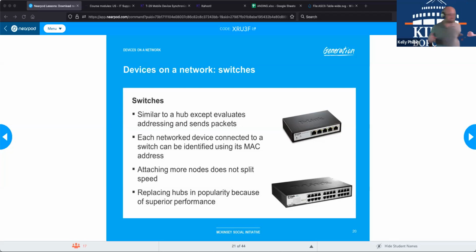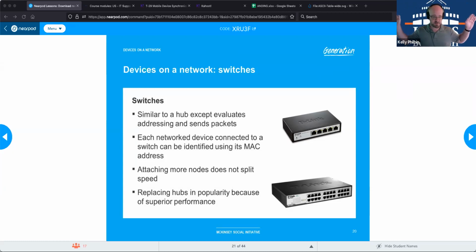So it's more of a direct communication. There's no collision, right? It's just me communicating directly with Rachel. And if Stephanie wants to talk to DW, she doesn't have to blast it out to everybody. She is communicating directly with his MAC address. So the switch is saying, as the communication is coming in, I want to talk to this MAC address, and then it sends it straight to the port that MAC address is going out on, and there's no